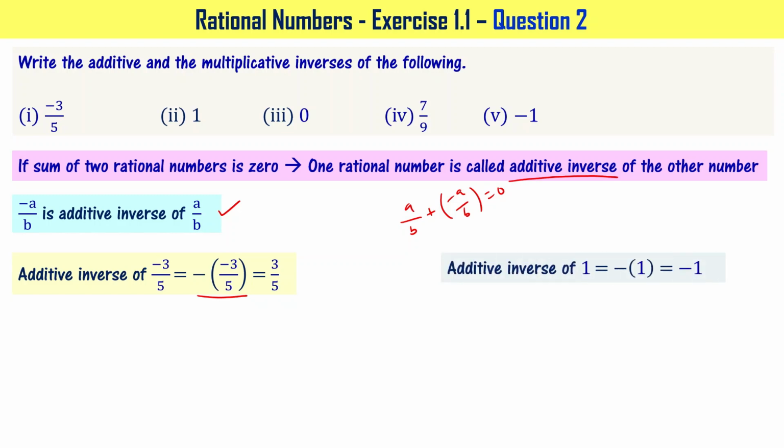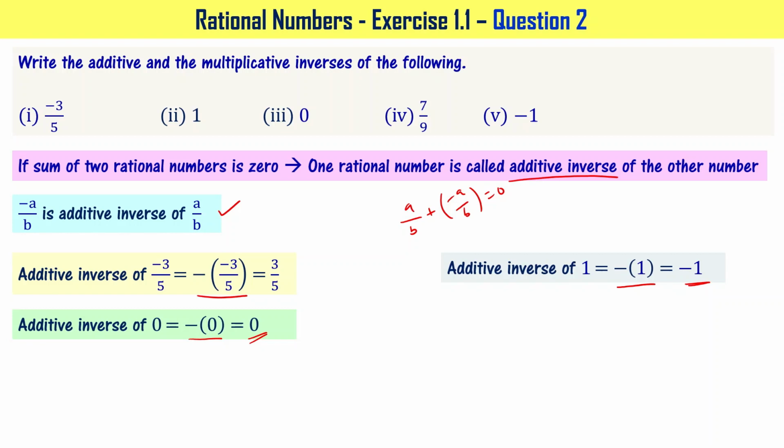Additive inverse of 1 is going to be minus of 1, that is equal to minus 1, right? Additive inverse of 0, I can write it as minus of 0, but it makes no sense because 0 has no sign, right? When we have written integers, we said that we have negative integers, we have positive integers, but 0 is called just integer. It has no sign, right? So though I have written it as minus of 0, I can't be writing it as minus 0 because 0 has no sign, right? Additive inverse of 0 is 0 itself,